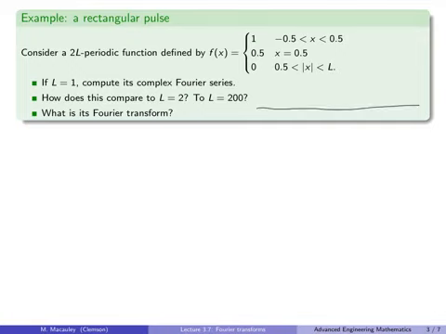Okay, so here is this function. Let me sketch it. I don't need very much room to sketch it. So say this is 1/2, and this is negative 1/2. Then our function is 1 on this interval, and then it is 0 elsewhere, except just to make things easy, let's say that at this point of discontinuity, the function is 1/2. Okay, so for the first example, L is going to be equal to 1. So let me sketch that as well. So this is L, and this is negative L. So our function is going to be 1/2 here,